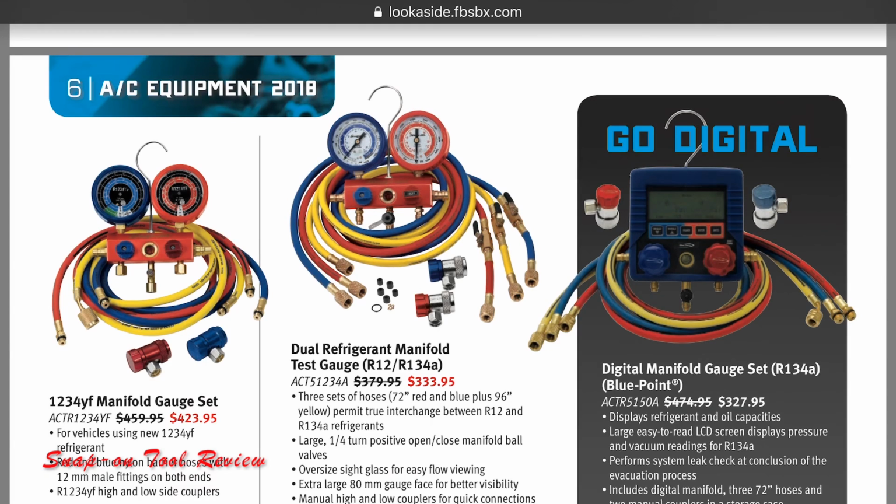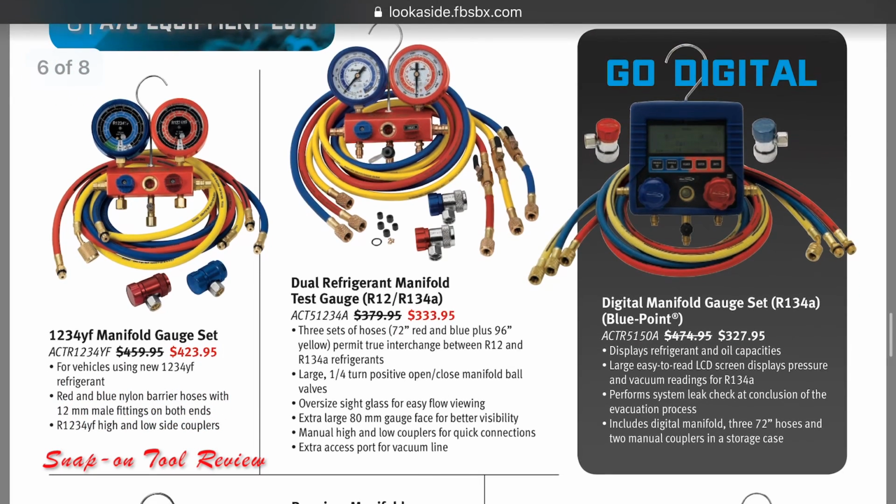But the AC machines do a pretty good job. In the dealership level, we don't really deal with too many AC issues. So I've never really bought my own set, but I was going to at one point. So